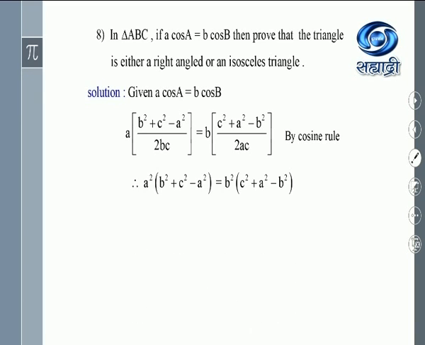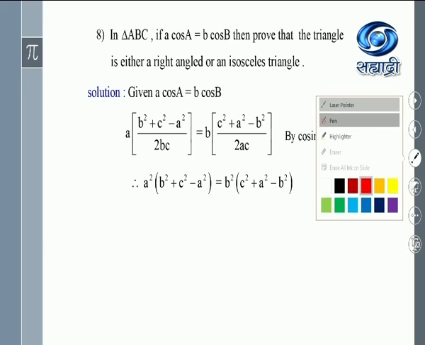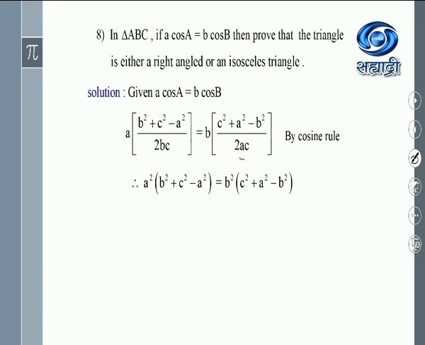Now we simplify. This becomes A square into bracket. See how we have this A square. This is A into bracket B square plus C square minus A square. This term A from 2AC, we cross multiply with this A, giving you A square, right? Then this term B square plus C square minus A square as it is. This 2 and 2 get cancelled. Clear? Now this C and C also get cancelled.